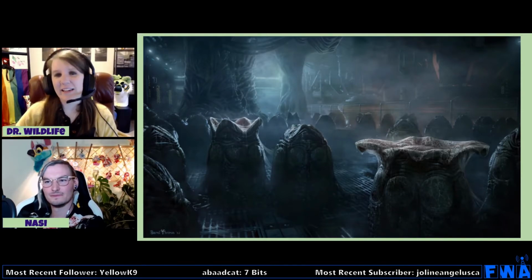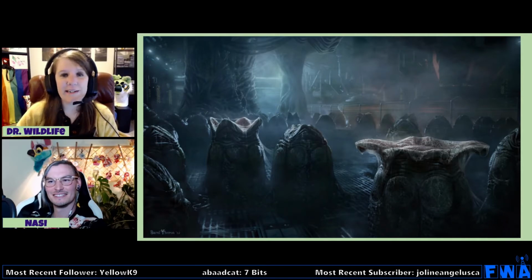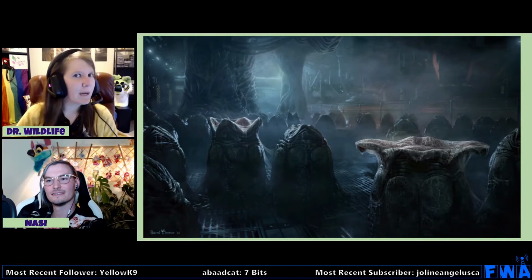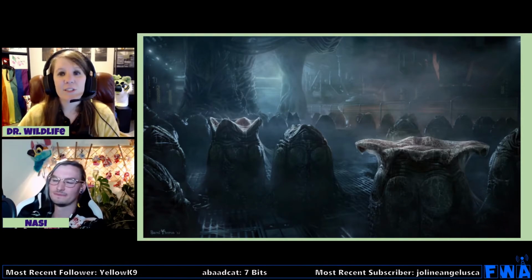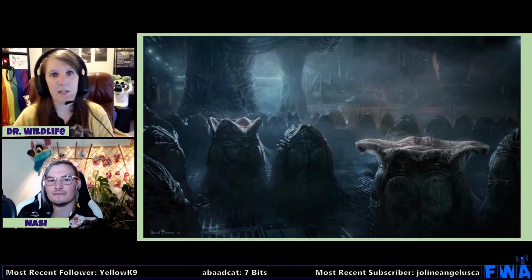So this is from Alien. I added this on here because, for those of you that have seen it, the alien acts much like a parasite. It has different stages. It has an egg stage, and then it needs a host, and then it eventually becomes a really big, self-sustaining creature.